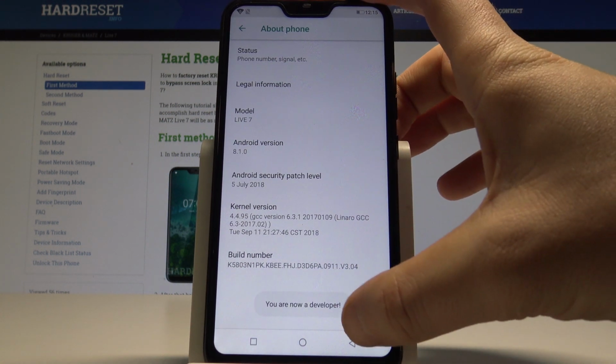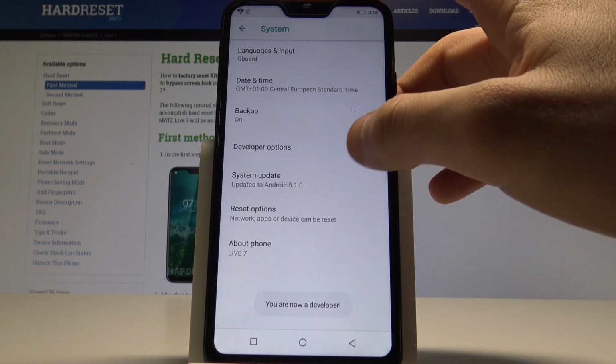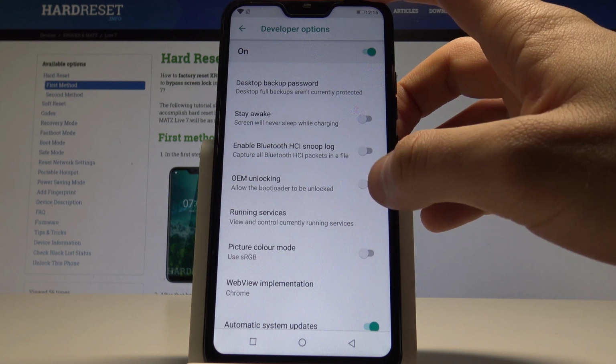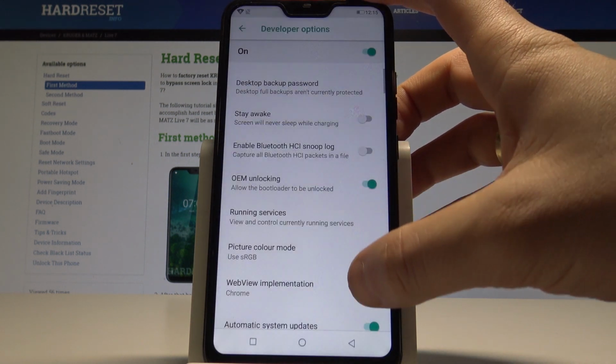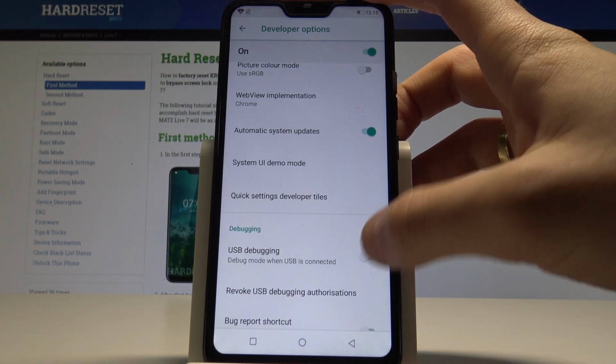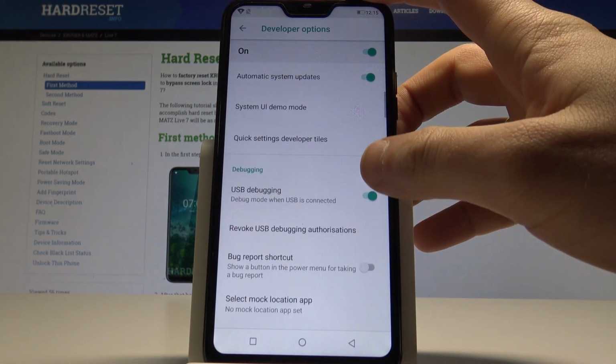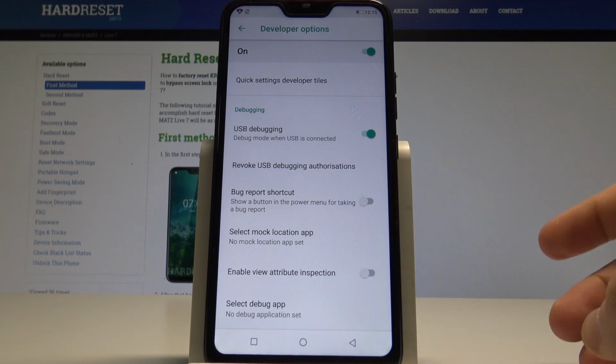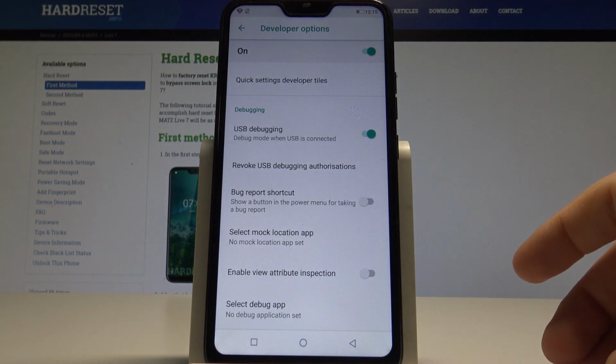As you can see, you are now a developer, so you can go back and here you can open developer options. Here you may use developer features. For example, you can enable OEM Unlocking, tap enable, or you can enable USB Debugging, tap OK. Here you can also enable bug report shortcut, select mock location app and use other developer stuff. So that's it,